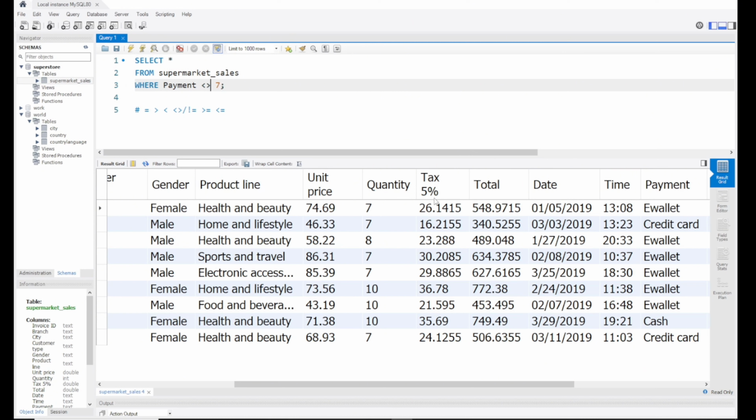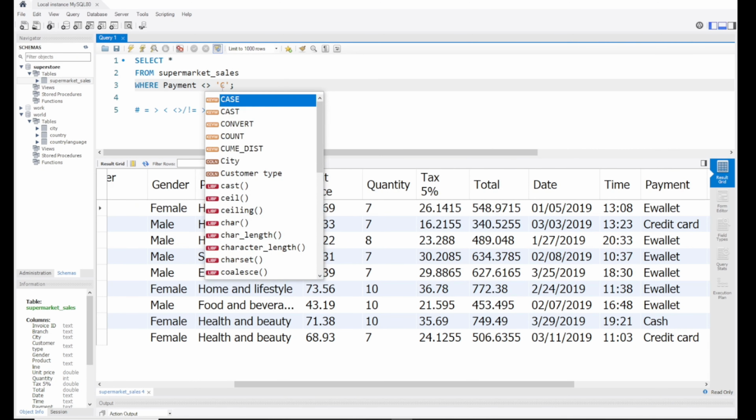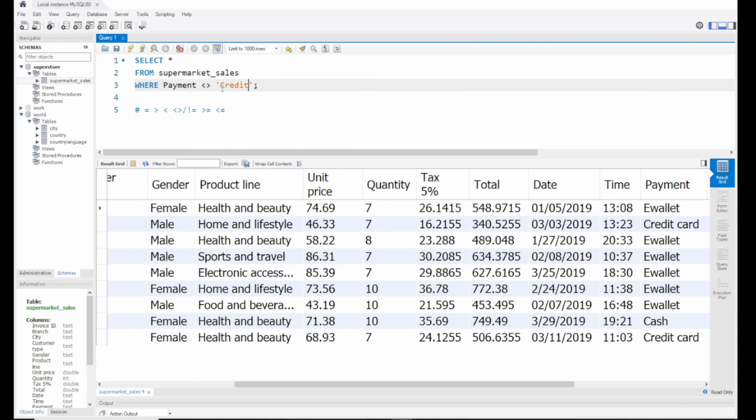credit card. And obviously you need to put that in quotes because it's a string. You must ensure it fits exactly. It's not equal to credit card. So if I do that now and I load that up,